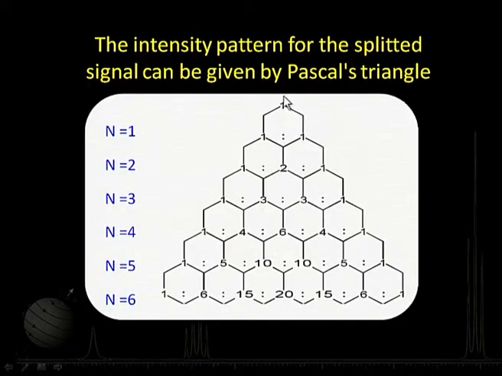Start with 1 here, 1, 1 here, and then what you do is, from here on, look at this 1, 1, add the 2 together, this gives me 2. Then all these are 1s here. So what I see is, if there is only one proton in the neighborhood, I get 2 lines, intensity ratio 1:1. Now if I have 2 neighbors, this 1 plus 1 gives me 2 here.